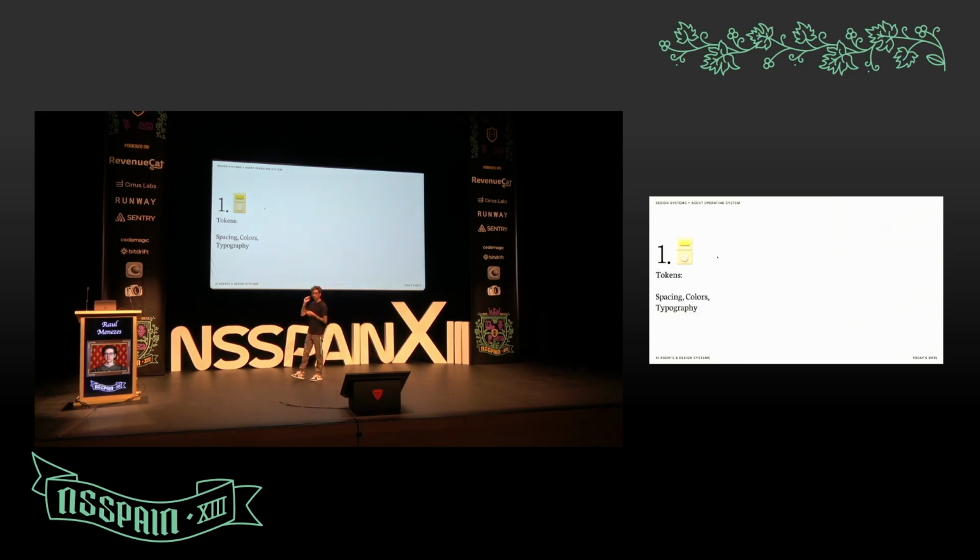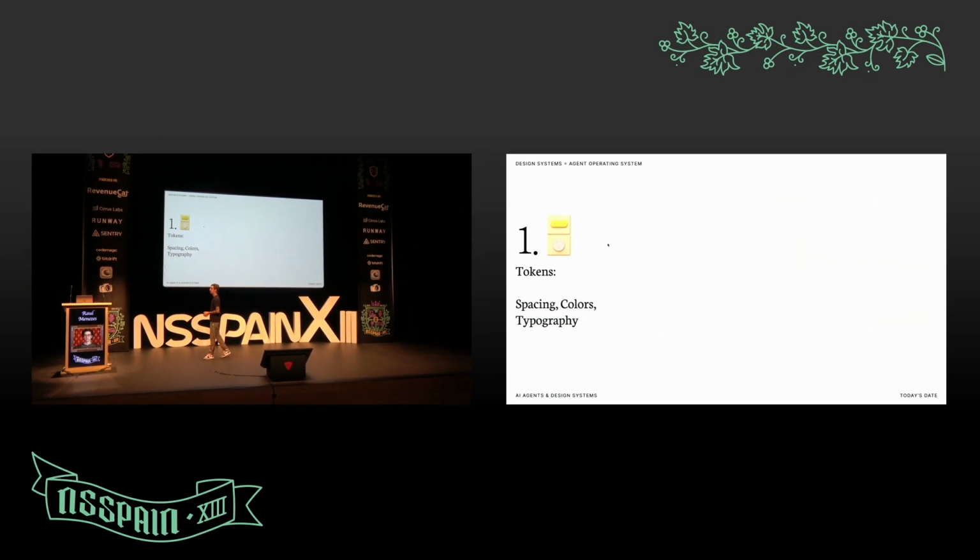So going then to tokens. For those who know, tokens will give you the spacing that you need, colors, typography, every primitive element that is needed for your components or for the design system. You don't actually need to use tokens just on your components. You can use them outside of them, so you can properly connect things together.